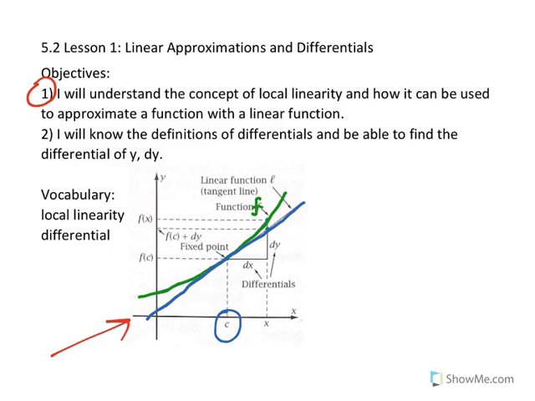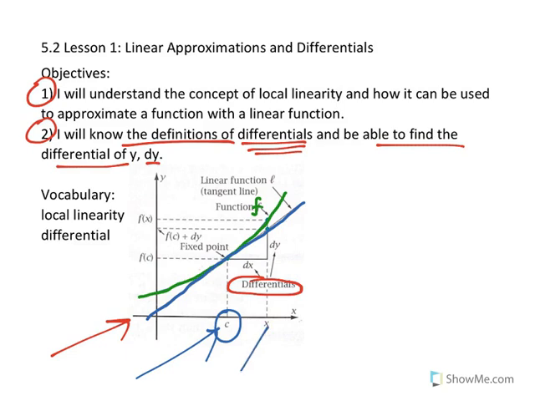So now we would like to take a look at objective 2. You will know the definitions of differentials and be able to find the differential of y, dy. What do we mean by differential? You can see here that it is marked in this general diagram as a difference in x values between the x value of the fixed point and some other x value that is close to it. So dx is talking about a difference in x values for 2 points